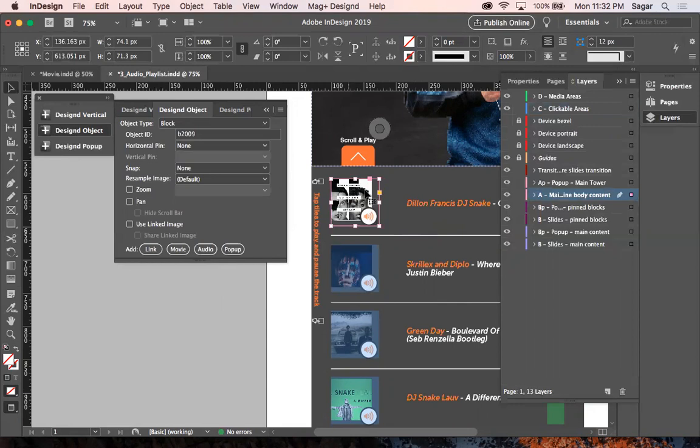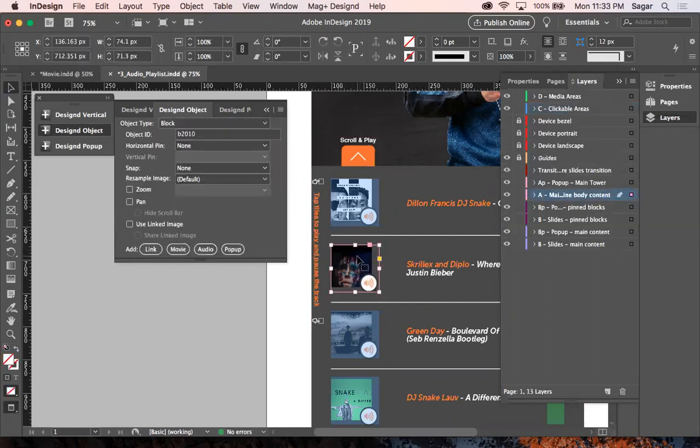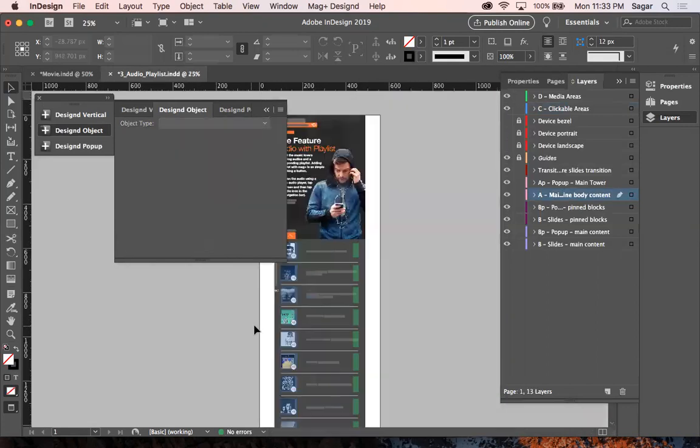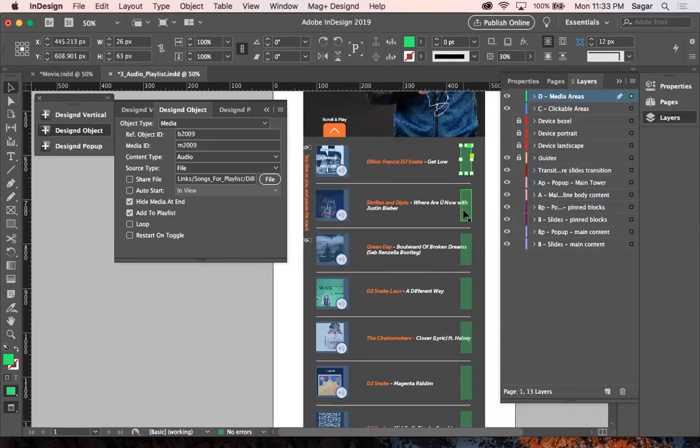As you can see, this is a different frame which is having B02009 object ID, and this is having B2009. Same with this is having 2010 and this is having 2010. So that's how I generated these, and this is my